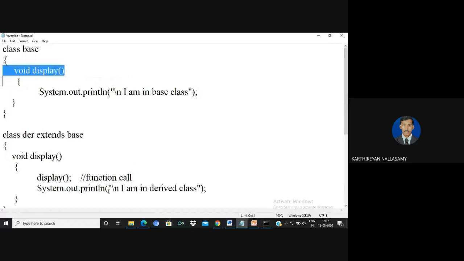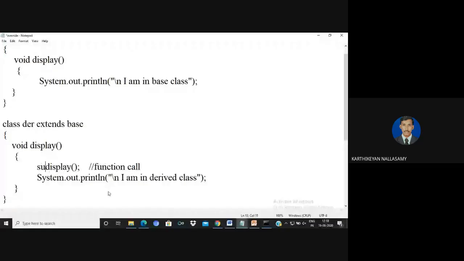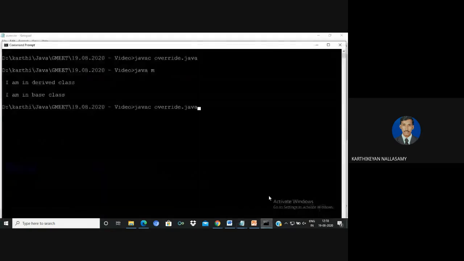If you want to transfer the control to the parent, by using super.display, the control will be transferred to the base class. Here there is no restriction that the call must be in the first line. You can call it anywhere. But if you are using the super keyword in a constructor hierarchy, we have said that it must be the first statement of your constructor definition. But for using the super keyword to invoke your immediate base class method or overridden method, we can define it anywhere.